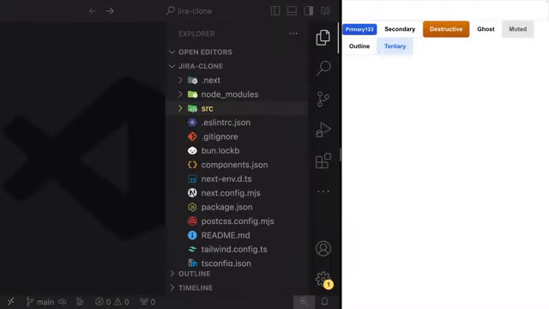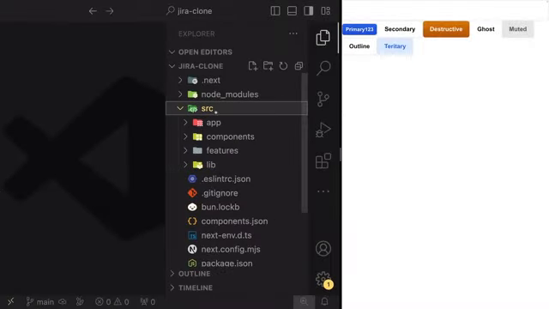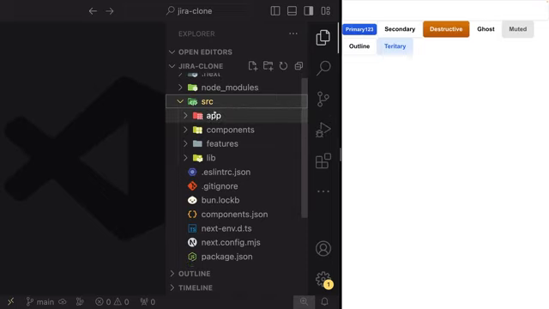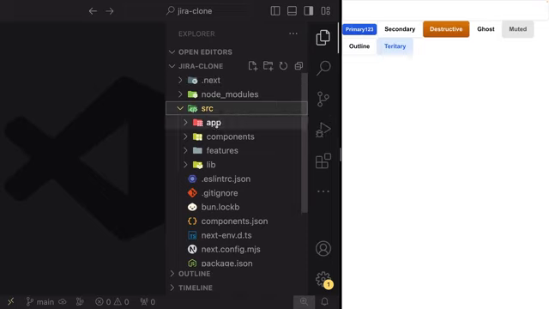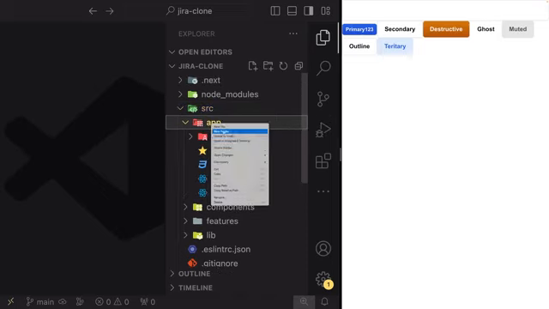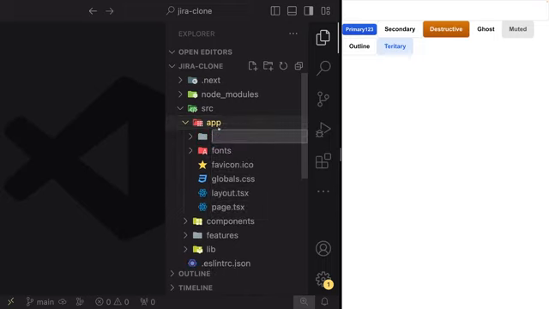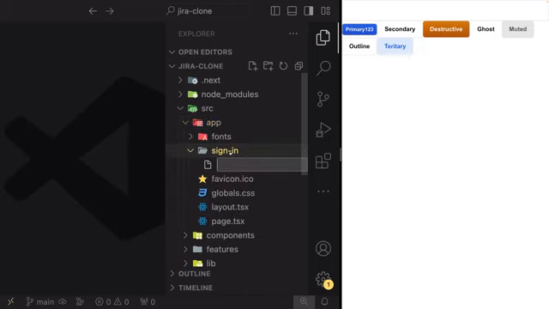Let's go ahead and create our authentication screens. For that, we first have to know the basics of how routing works inside of Next.js. So let's go inside of the source, inside of the app folder, and inside of here, I'm going to create a new folder called sign-in. And then inside of that, I'm going to create a